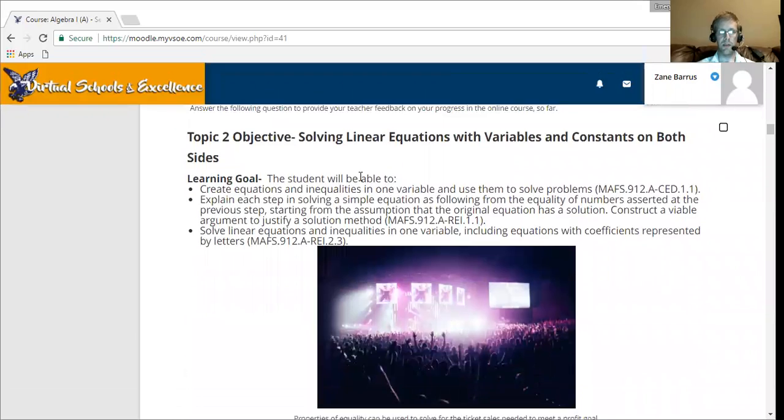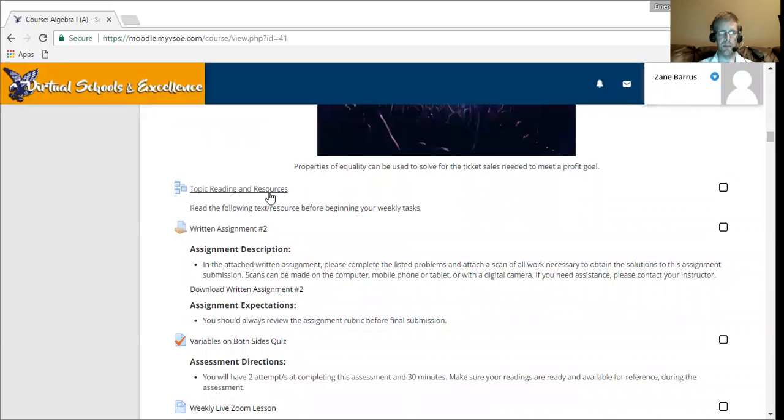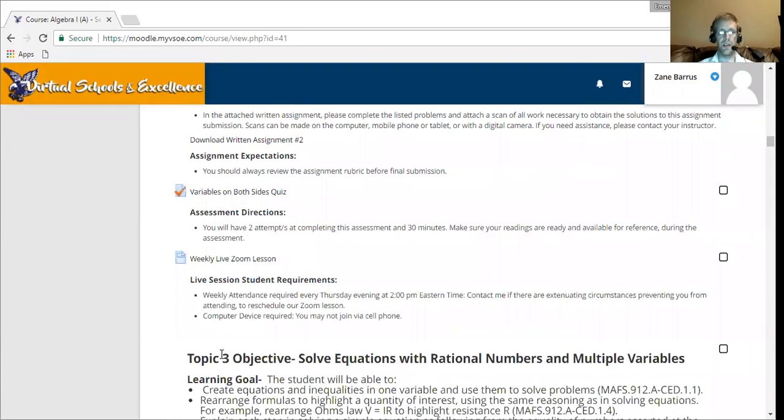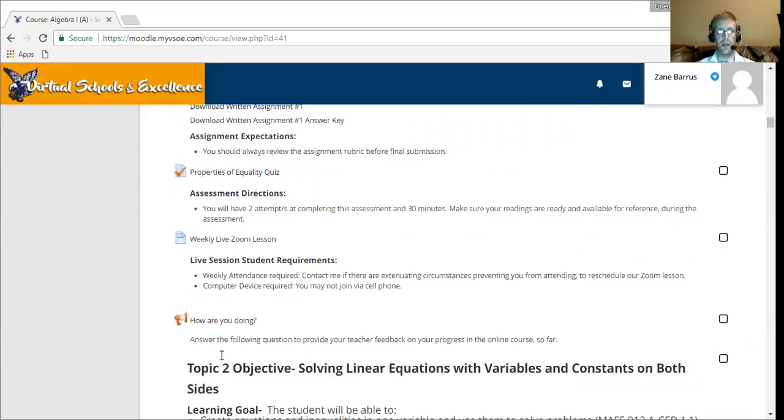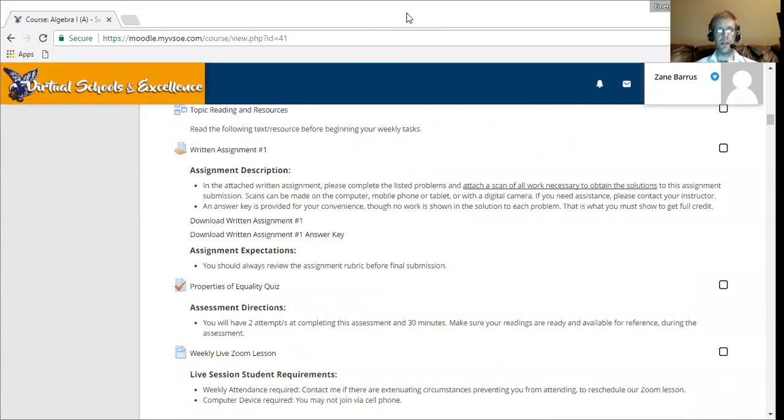Once again, we have the topic, the learning goals with standards, and then we start with the reading resources, the written assignment, the assessment, the Zoom session, and so on. So that is the demo for this class,